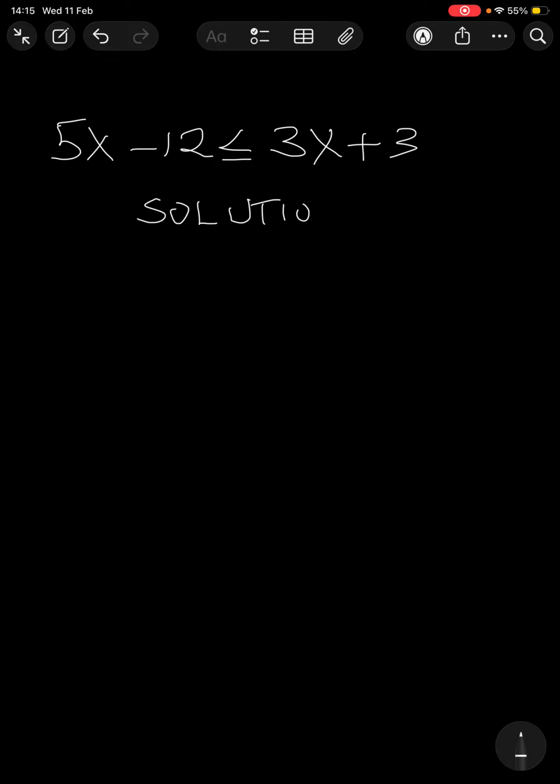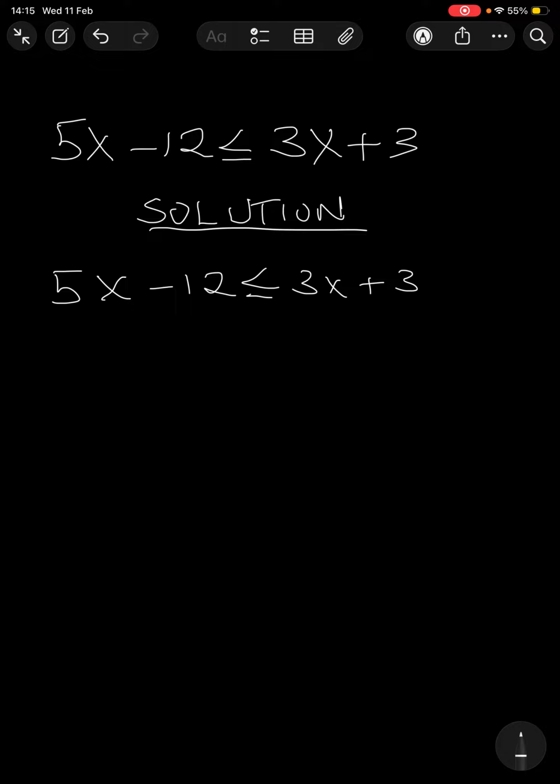Can you make x the subject? So our question is 5x minus 12 less than or equal to 3x plus 3. We are supposed to separate numbers with letters and numbers without letters. So that means I have to take plus 3x to the other side and minus 12 to the other side. So this one becomes 5x